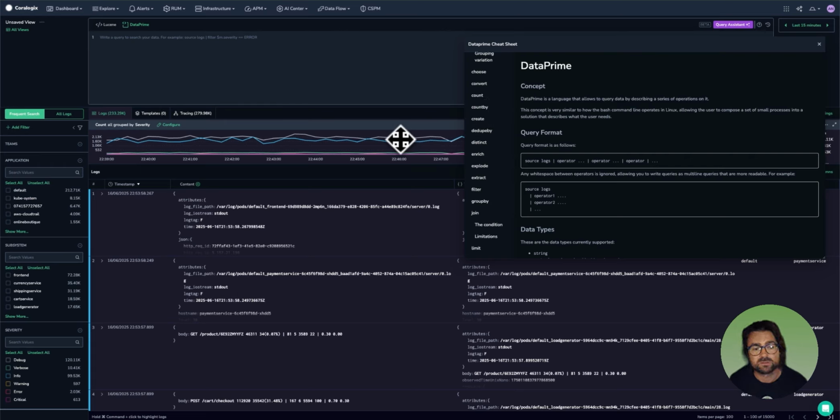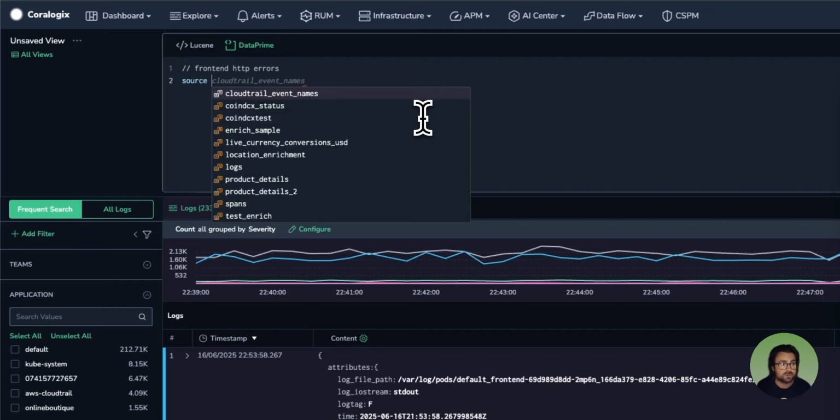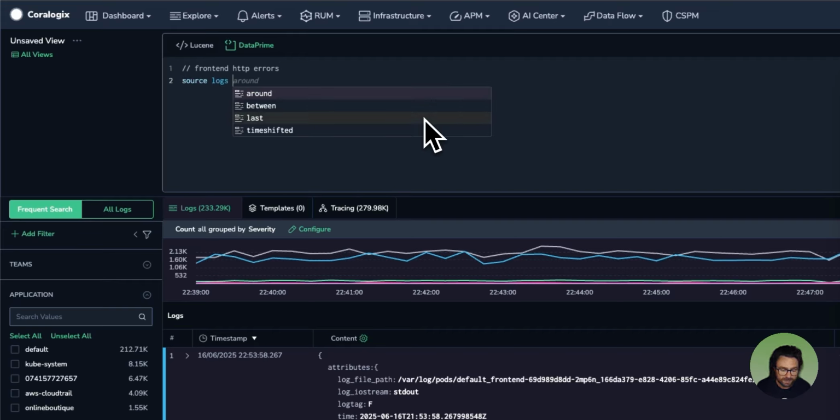We're going to use this to build out some queries. I'm going to use some code comments as well. Yes, we support code comments, so //. Let's look at front end HTTP errors, and let's begin. So as always, source logs, and let's go in 4-hour range, last 4 hours, and let's pipe,